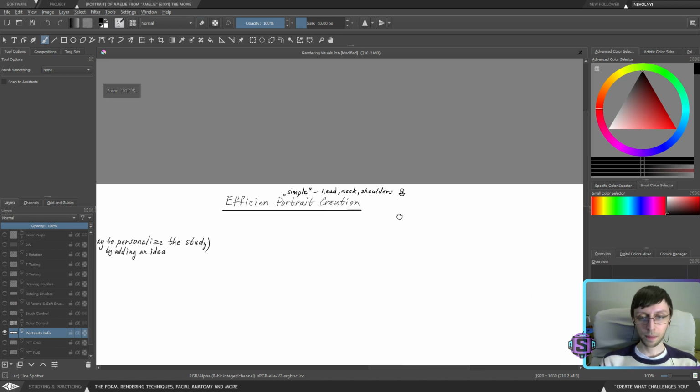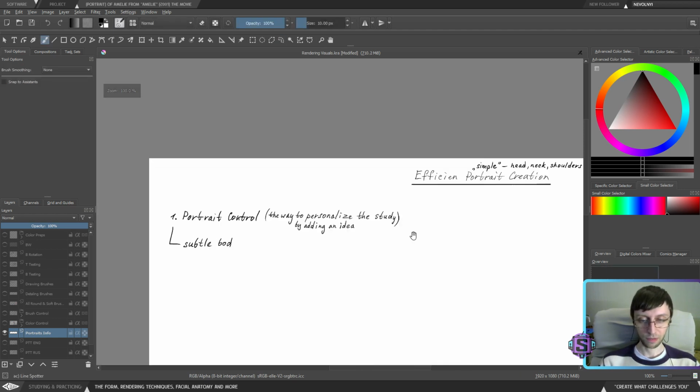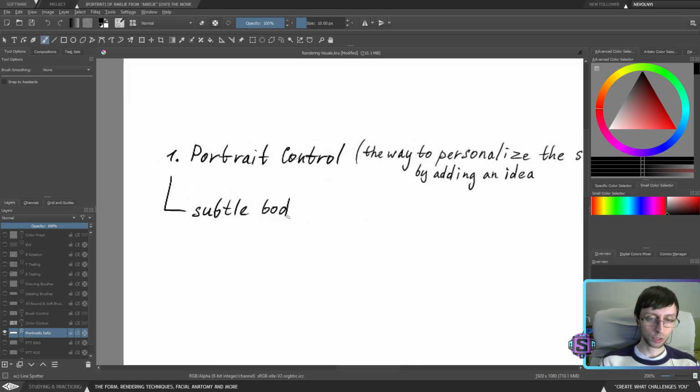As you see, there's not that many elements of control. The only way to control a simple portrait is through subtle body language.